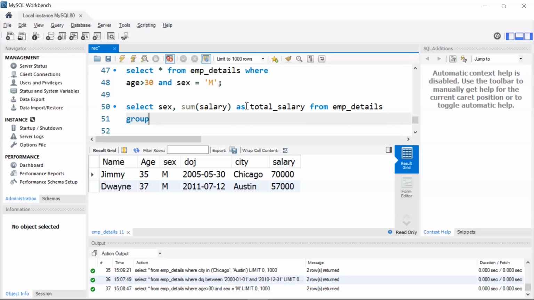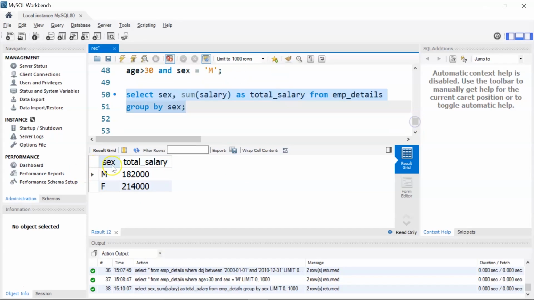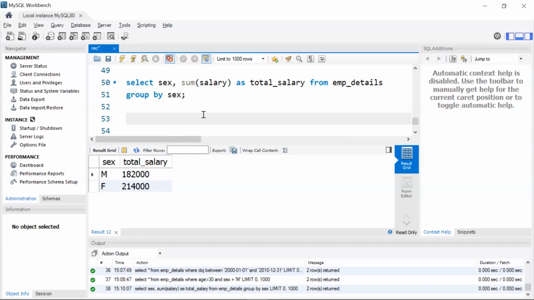Next I'm going to group it by sex. Okay, let me run it. There you go. So we have two genders, male and female, and here you can see the total salary. So what this SQL statement did was, first it grouped all the employees based on their gender and then it found the total salary.